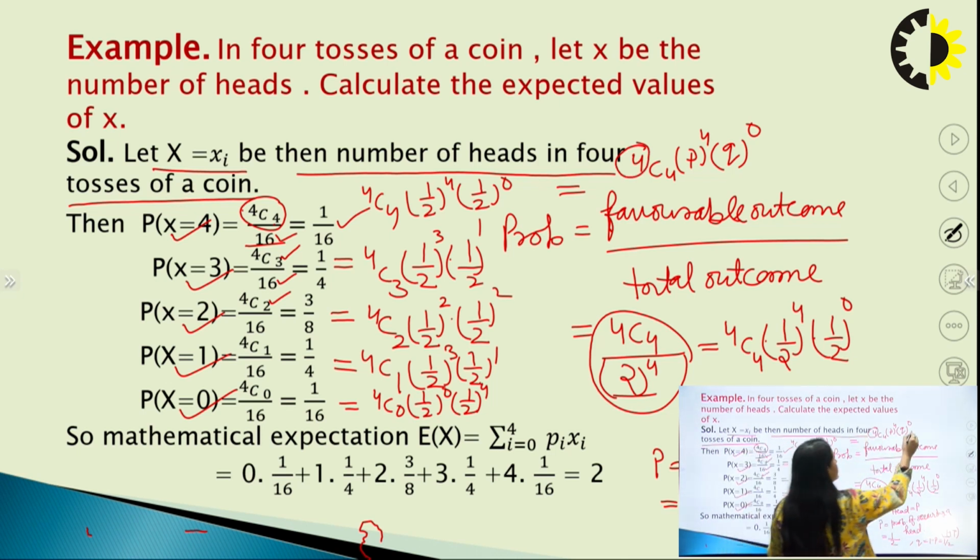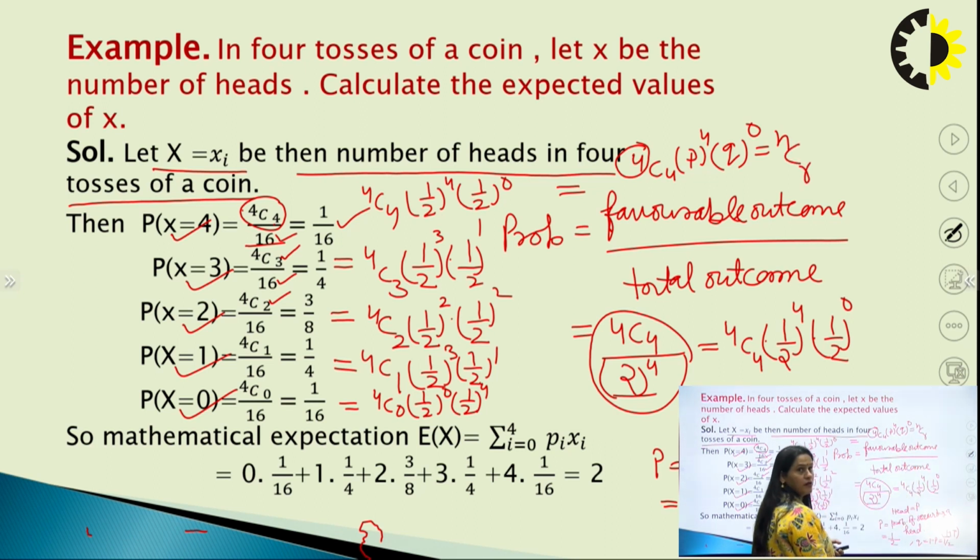So I can write it as, out of N tosses, if I want R times head, it will be NCR, like 4C4. What is the upper 4 here? It is the number of tosses. What is this other 4 here? It is the number of times head occurs. So this is 4C4 P to the power 4 and Q to the power,